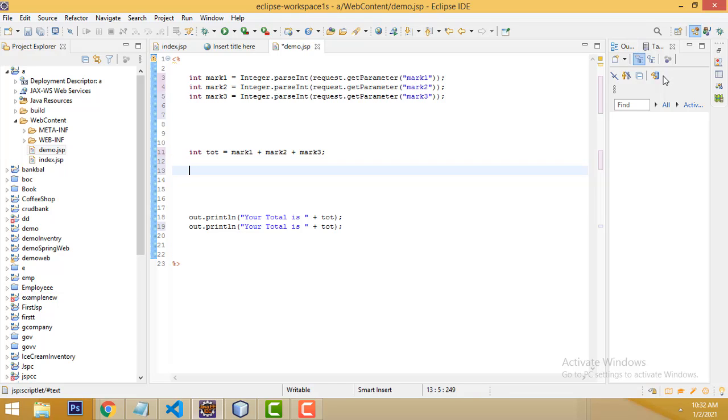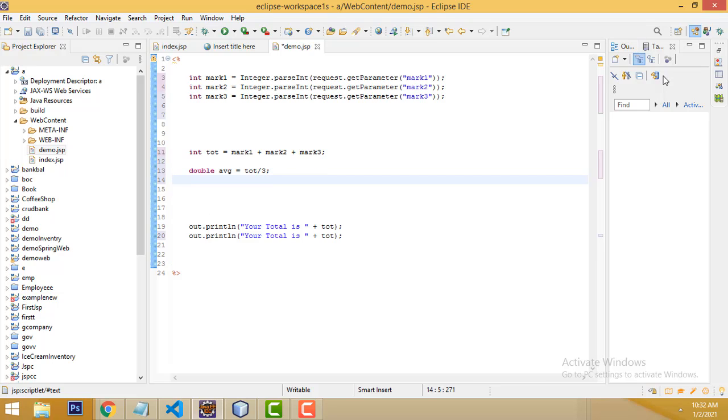It will be a floating point value, so we have to write double here. This one should be average equals total divided by 3. Get the result here, this one should be the average. So you have to put the average over here. Your average is